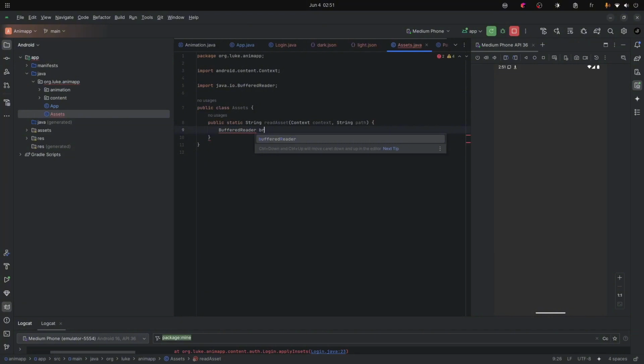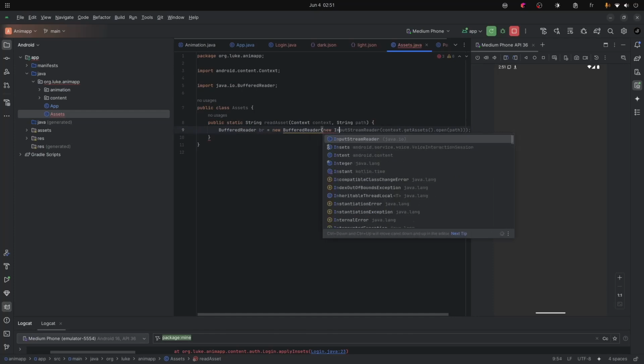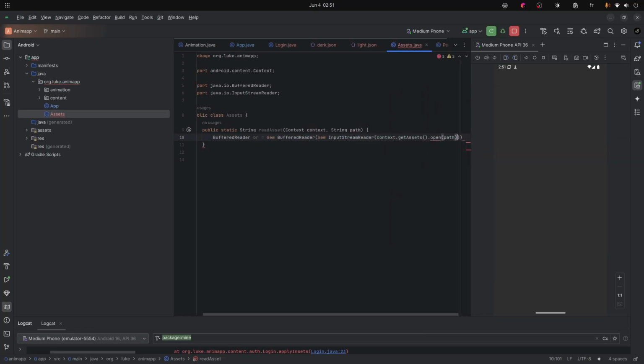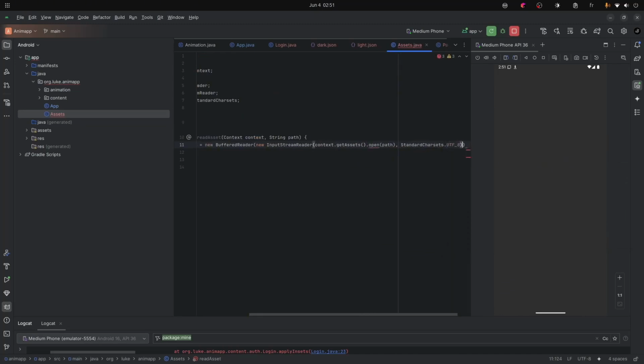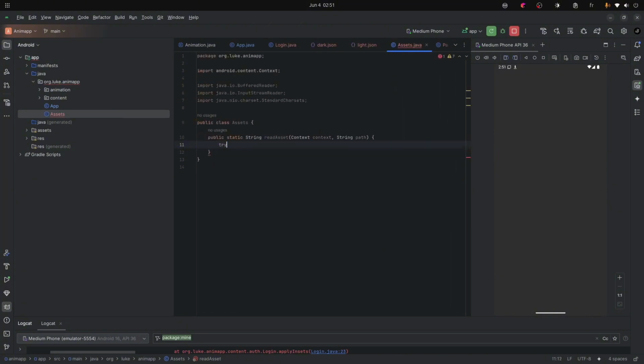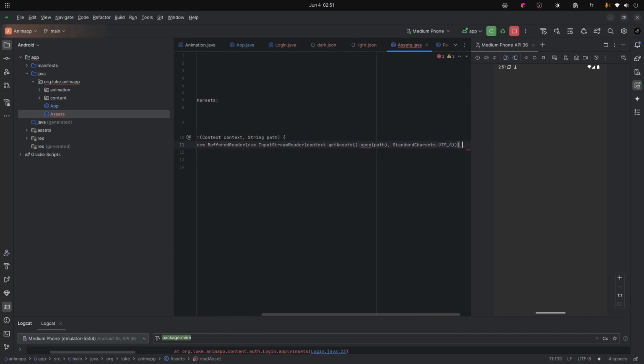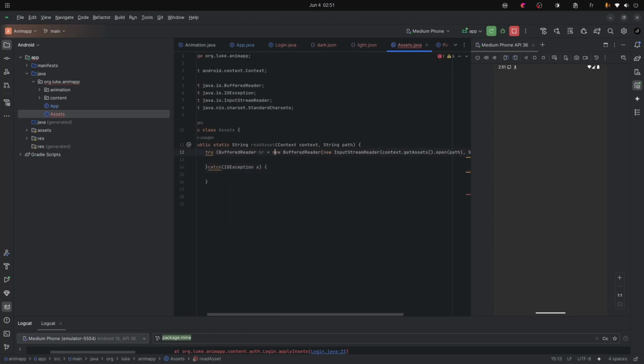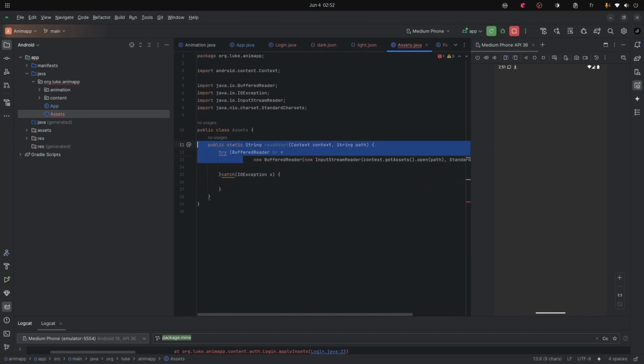Let's name it br equals new buffered reader, and inside that we're gonna make an input stream reader, and in that we're gonna do context.getAssets.open path. We can use the UTF encode in here, but the problem with this is that it creates a closable, and closables need to be created within a try-catch block. So we're gonna do catch IO exception, so the error is gone, and here we're gonna try to,